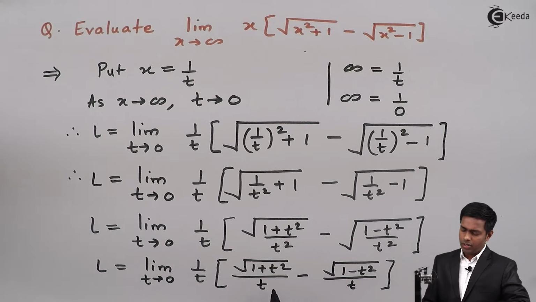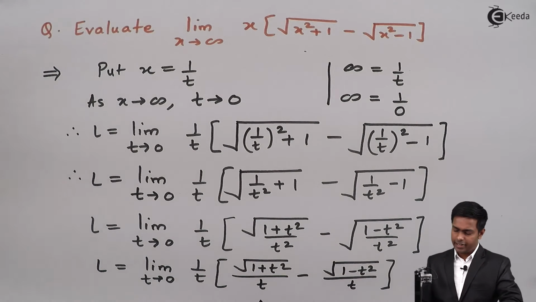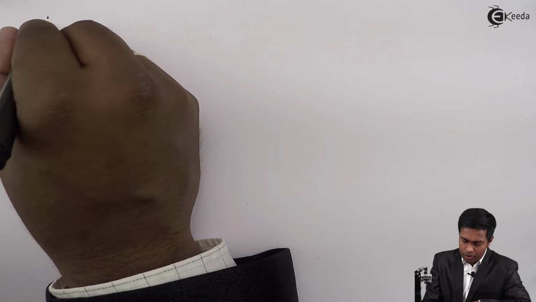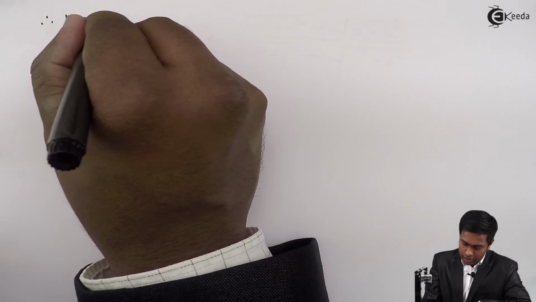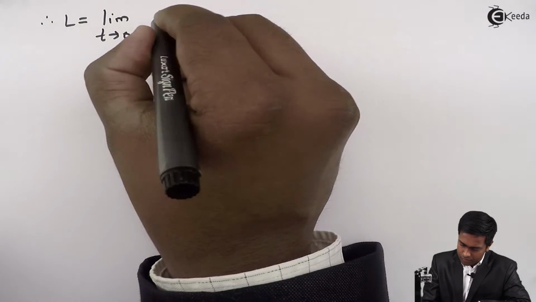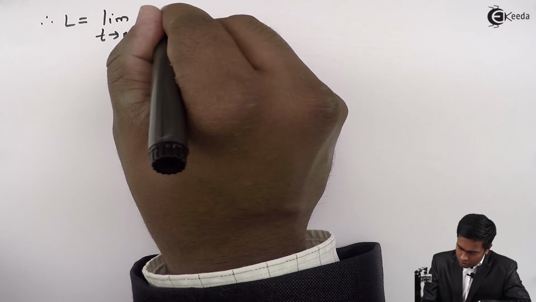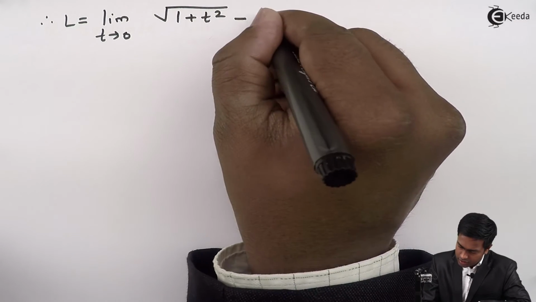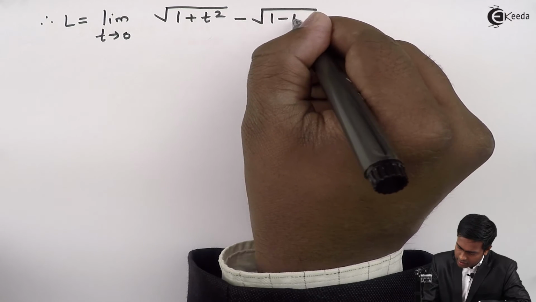So from both terms we can take t common, and this t which we take common will multiply with the t which is outside and we get t square in the denominator. Therefore L will become limit t tends to 0, square root of 1 plus t square minus square root of 1 minus t square